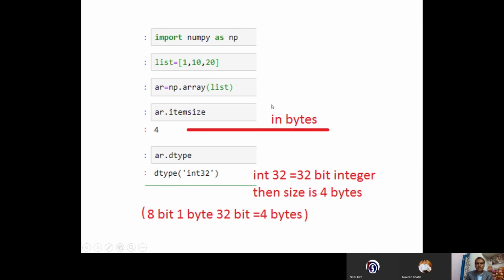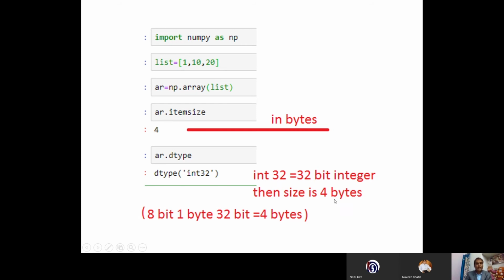See this type of question you will get. arr dot itemsize and this is the data. What is the result that will appear? This type of result will come. Right? How is it coming? You can see by default data type is integer 32 bit integer, right?